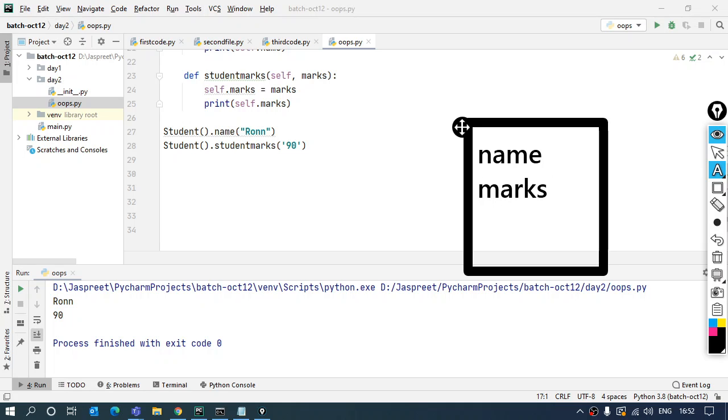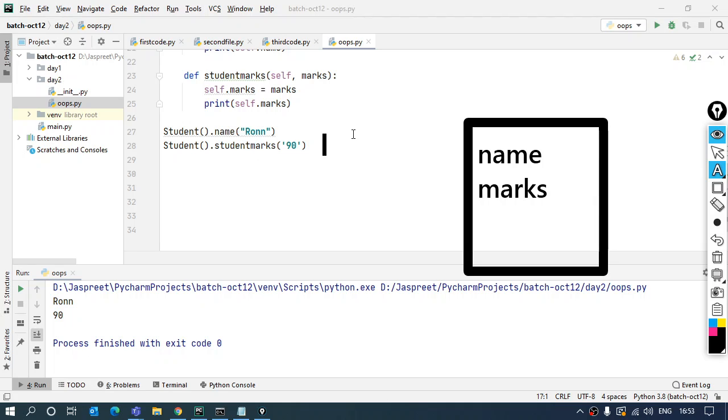To store the names and the marks, I have done this thing two times. So there are two objects that have been created which are hanging. There is no reference that I can use. If I have to use this name Ron data again, I won't be able to get that, right? Because it's hanging. I don't have anything from which I can just get the data out of it.